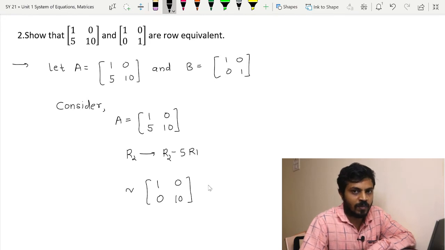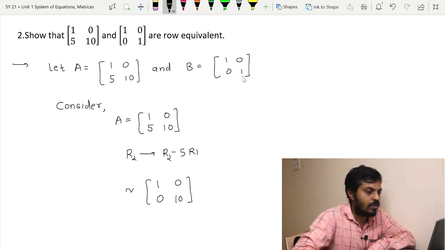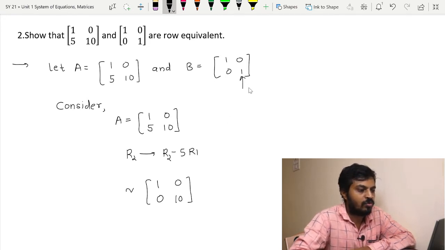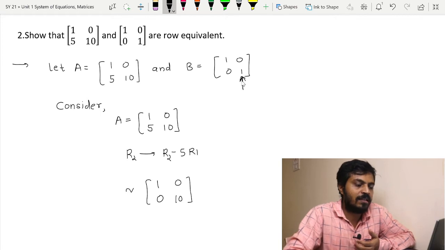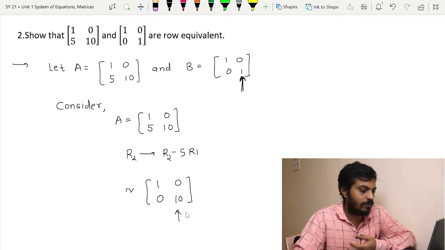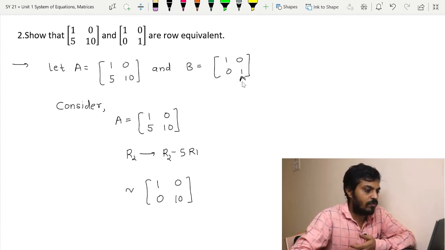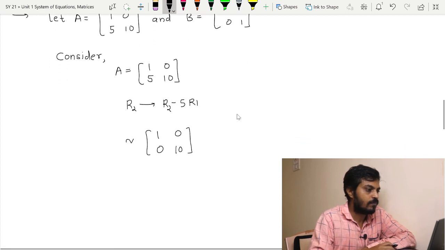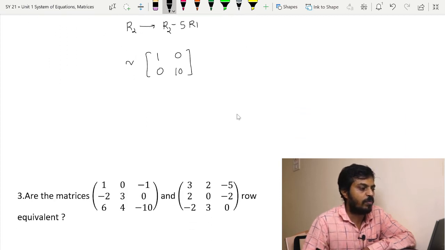Still I am not getting B, as you can observe, because the A22 entry, the second entry of the second row, is 1 in B, but over here it is 10. So I have to make it 1. Which operation will I perform? 1 upon 10